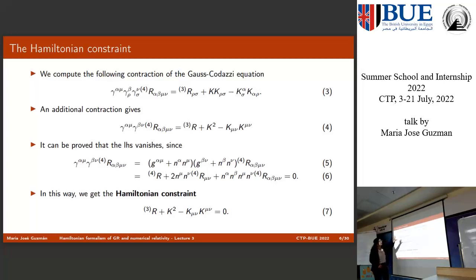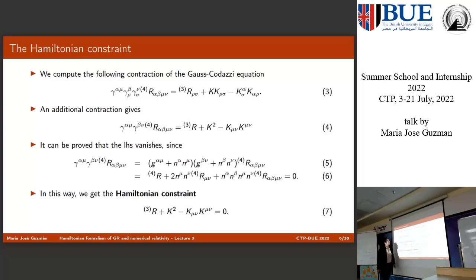So this contraction of this Gauss equation is very simple because it gives me the 3-dimensional Ricci tensor, the mean curvature, and the extrinsic curvature. And then an additional contraction gives me almost only scalars. So I get a scalar which is the mean curvature, the Ricci scalar in 3 dimensions, and this nice contraction